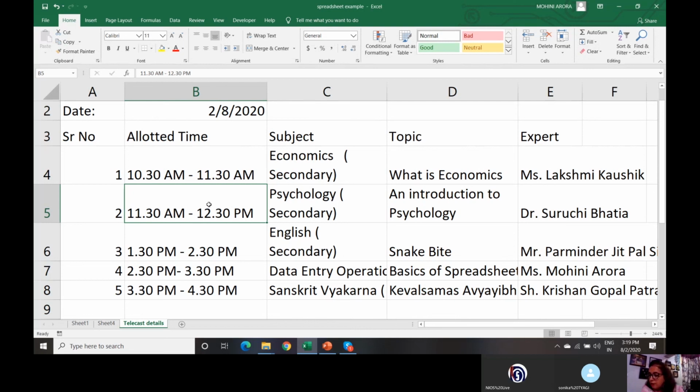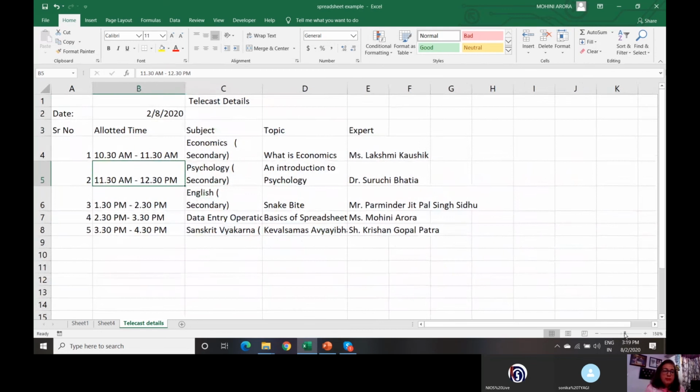Then you have, say suppose you want to copy the column width. I'll just zoom in a bit so that I would like to show you how to copy and paste. So this is my cell as of now, and I want to copy the width of this cell to some other place.